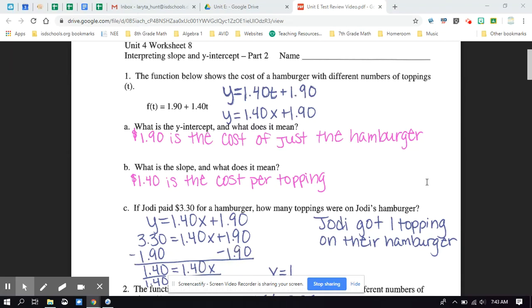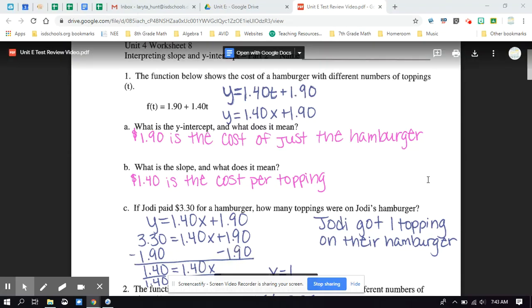Okay, this is the Unit E test review. You will be taking your test tomorrow. In this video, I'm going to go over problems 1 and 2. As I'm going over them, you are going to write them down on your paper so that you have the completed problems as well. So number 1, it says the function below shows the cost of a hamburger with different